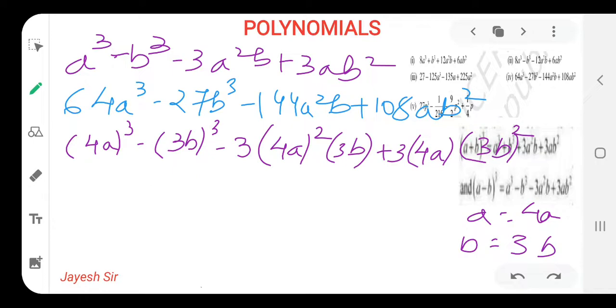Now for 9, as I am facing a problem in doing 4 3s or 4 with 12, so 9 with this 12. So 9 12s are 108. That means we are getting our correct answer. So we are just one step before our answer. Our answer is (4a minus 3) the whole cube.